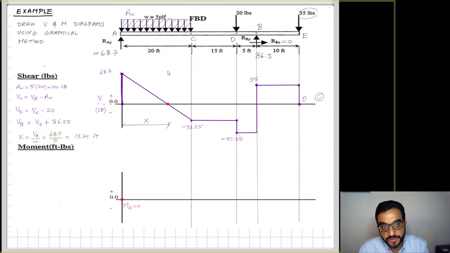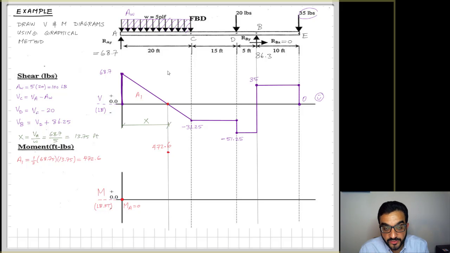you end up dropping to 0 at distance 13.75. So now, for this point of interest, I want to calculate the difference between the moment at A and that new 0 shear point of interest. So how to find this delta M? It will be by calculating the area under the curve, or this triangular area, and it's equal to half of the height, 68.75, times the base, 13.75. That will give us this value,